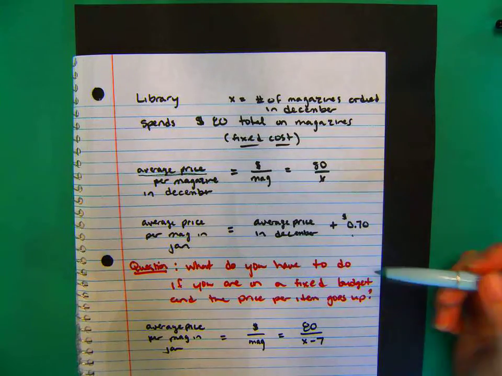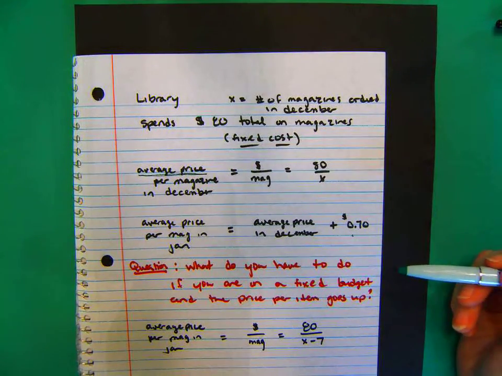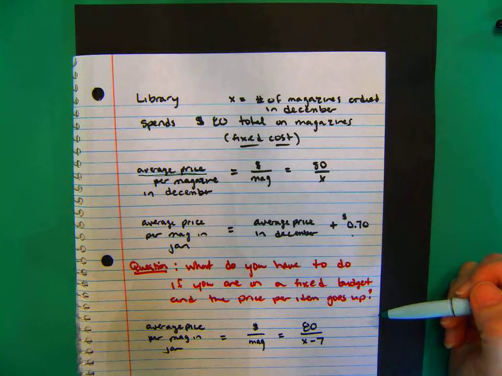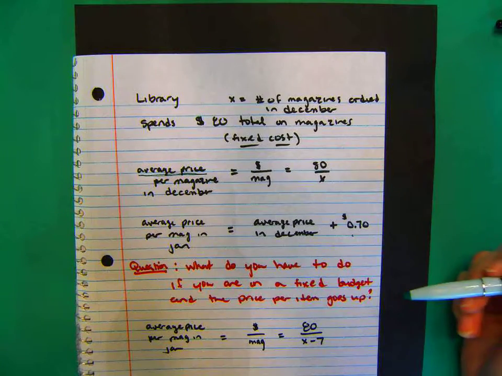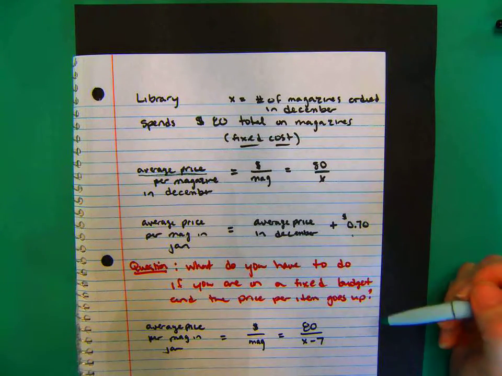And here's a question that you might need to ask them. This is a wonderful thing we're teaching them. What do you have to do if you're on a fixed budget and the price per item goes up? If you are on a fixed budget, you have no more dollars, 80 is all you have, and the price per item goes up,